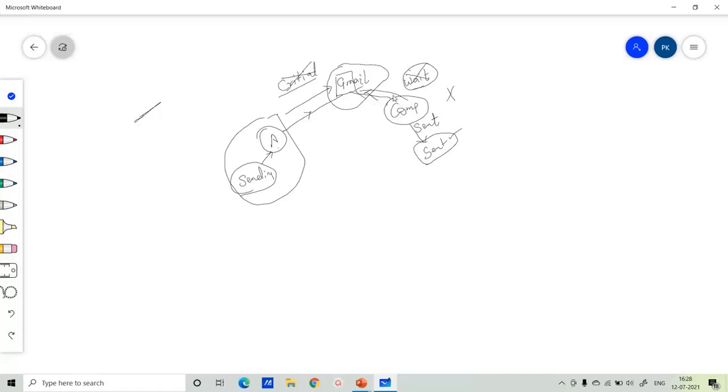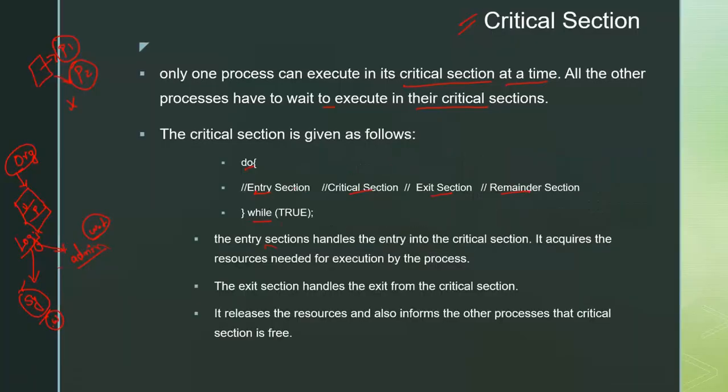Now once the computer accesses Gmail, then it can see that a new mail is sent to some other email ID. Okay, so that is just a simple example of how we can understand the meaning of critical section. It just means that when any process is executing any important task, say for example, if I have a file 1, or I have only one printer,